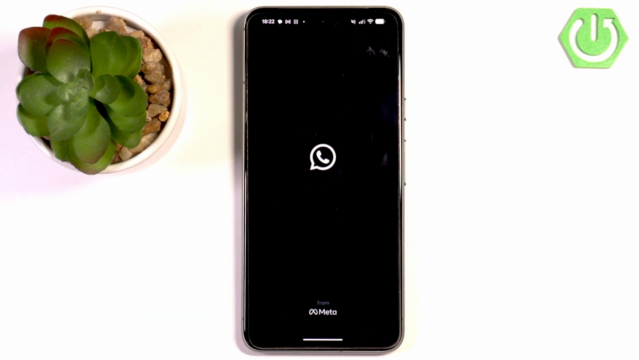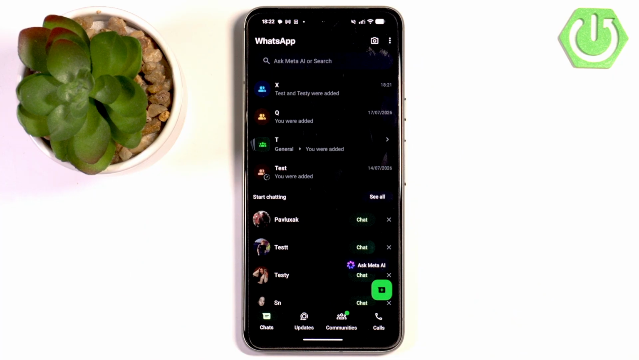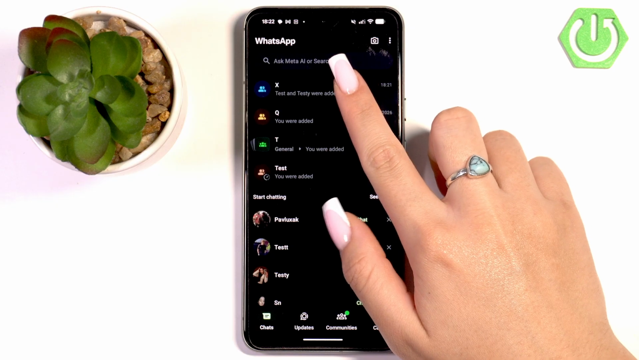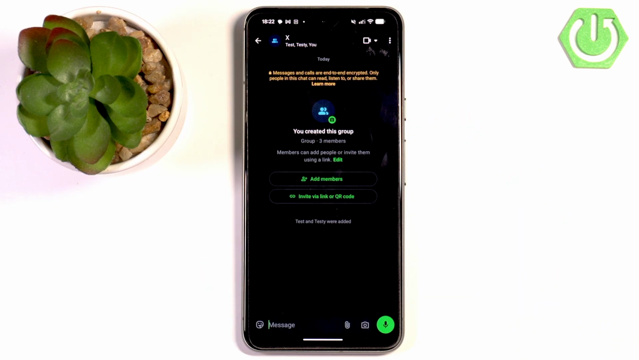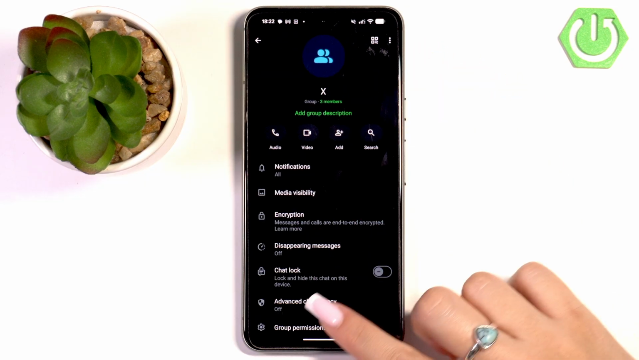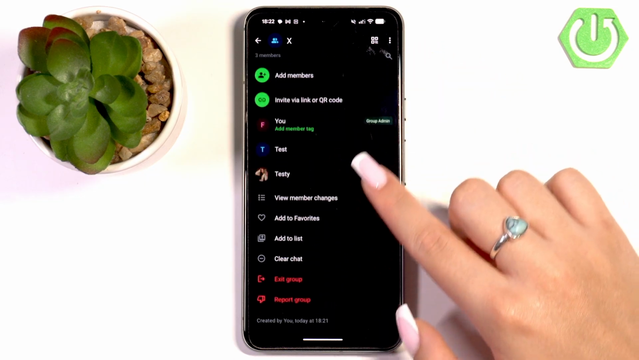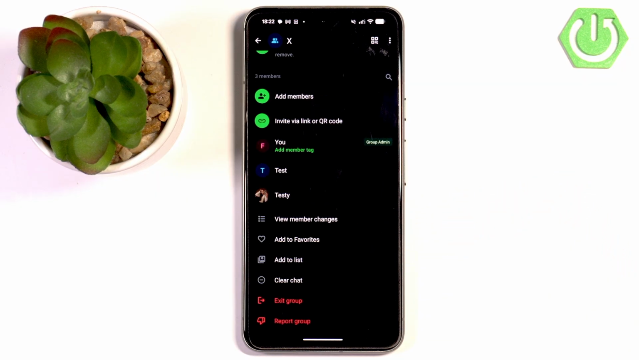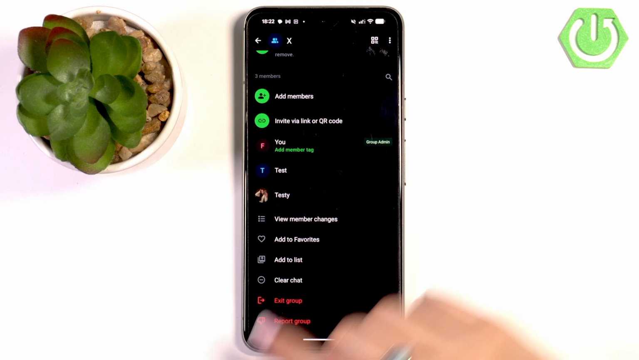You want to go to the WhatsApp application and go to the group where you want to add participants. So now we want to tap the group name at the very top of your screen like this. Now let's scroll down to the section where you can see members, the participants section, and then you will see a button